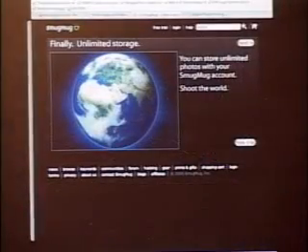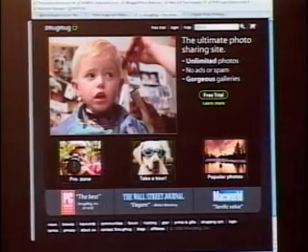Amazing. This last one's called Smug Mug. This one I like quite a bit. Let me just get back to the homepage. That's a great name. Design-wise, it's a little cleaner. Their whole philosophy here is not too many ads, not a lot of advertisements and things they're trying to sell you. Real basic. It's a gallery.